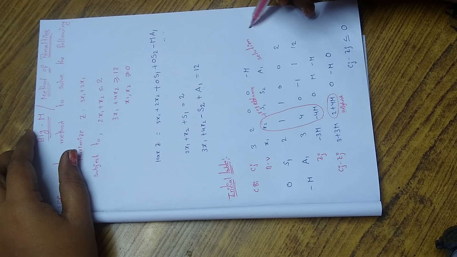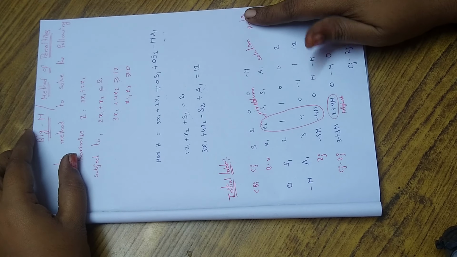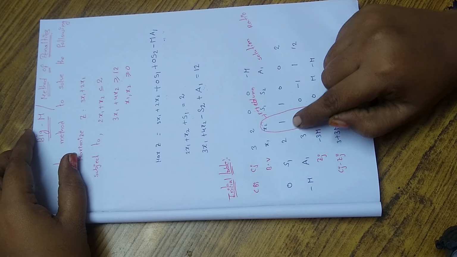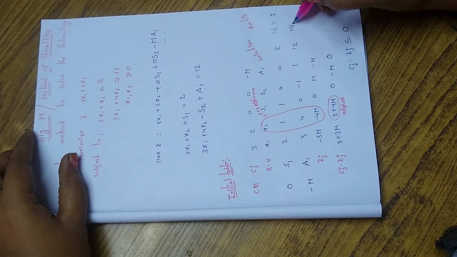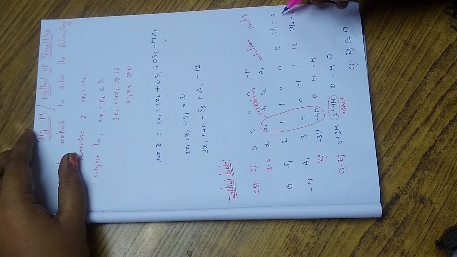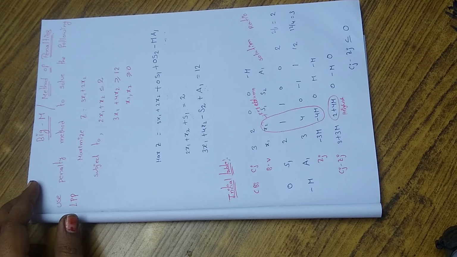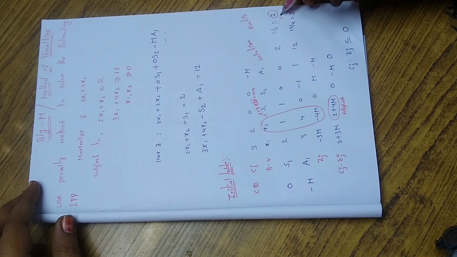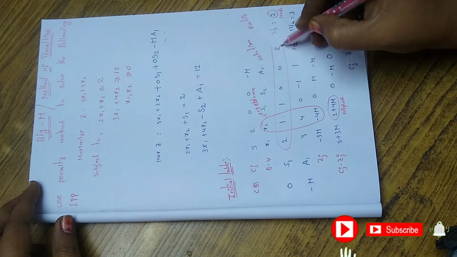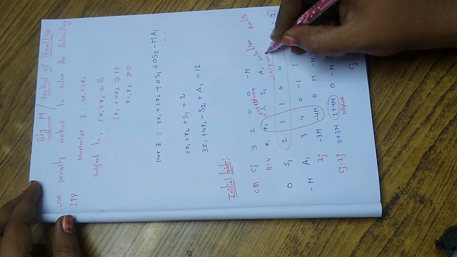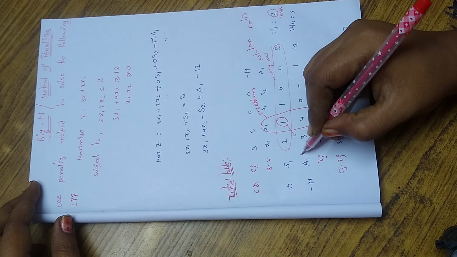Now we have to find out the leaving variable. In order to find out the leaving variable, first of all we will find out the ratio between solution and the key column element. So let's find out. 2 by 1 is equals to 2 and 12 by 4 is equals to 3. We have to select the least value of the ratio. Here the least value is 2. So the corresponding row is known as key row and it is also known as leaving variable. And where both key column and key row intersect is known as key element.